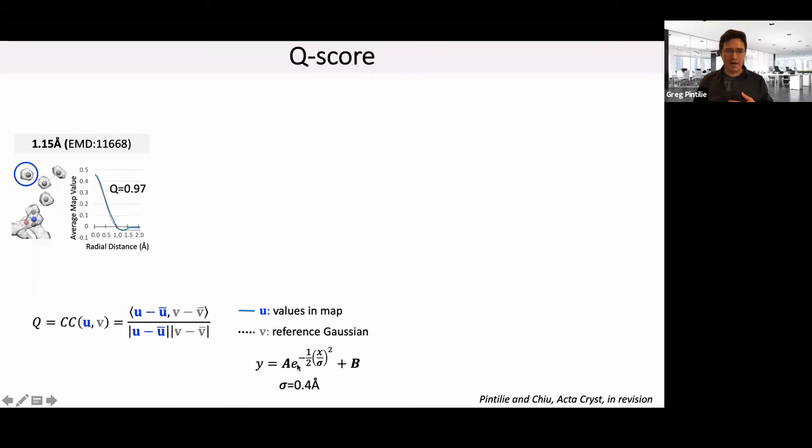The reference Gaussian has three parameters: again, the height, the y offset, and the sigma. The height and the offset are taken from the map values. So we look at all the values in the map and see what's the highest value, what's the lowest value, and basically the height is taken as